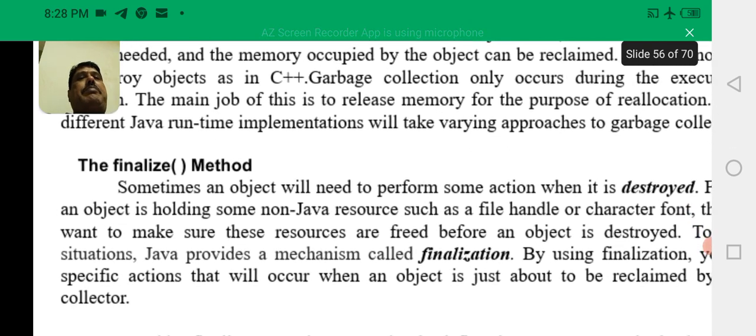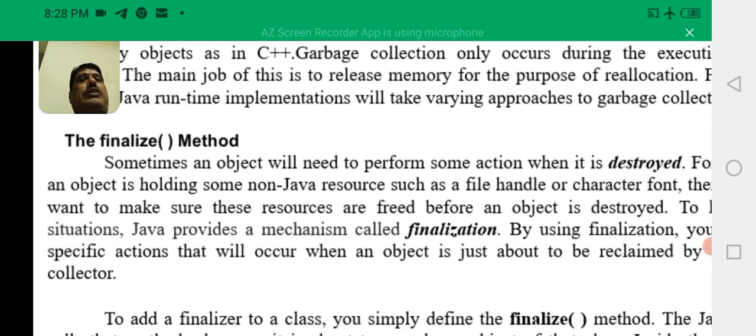And there is the finalize method. In some cases, objects which are destroyed may need to perform some functionality. To accommodate this, we have a method known as the finalize method, in which we write code which has to be executed before the completion of the functionality of a created object.